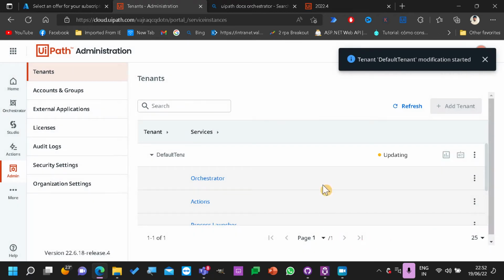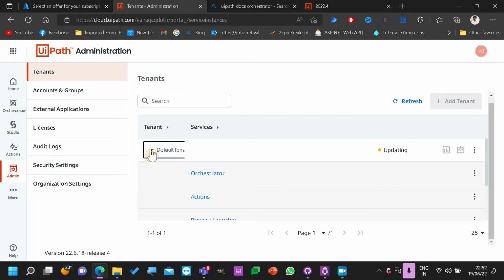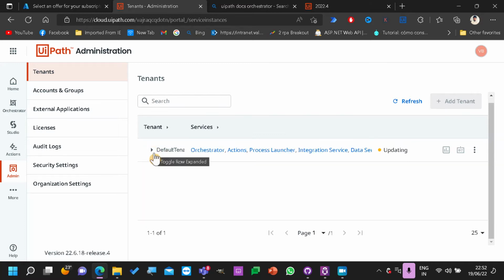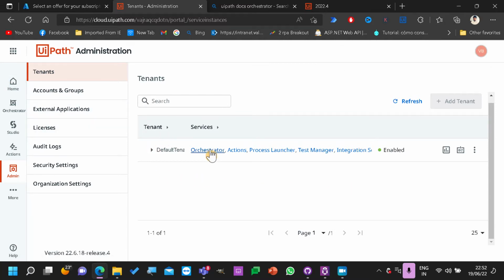Yes. Okay. So tenants can be changed, or tenants can be used as environments. If I have one more tenant, it has its own actions, its own process launcher, and integration services. But it will not be accessible. Like for example, in this tenant, if you go to Orchestrator,